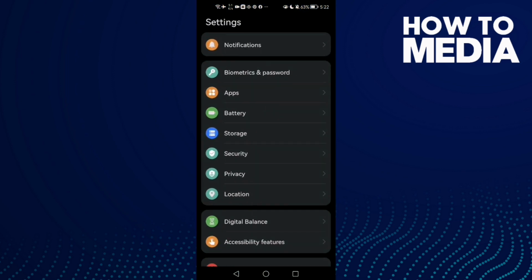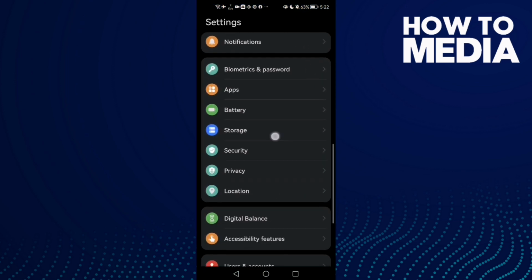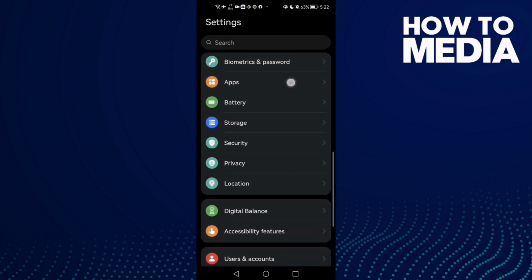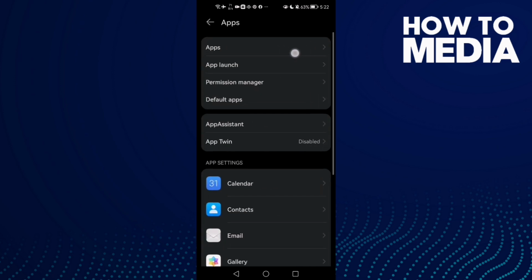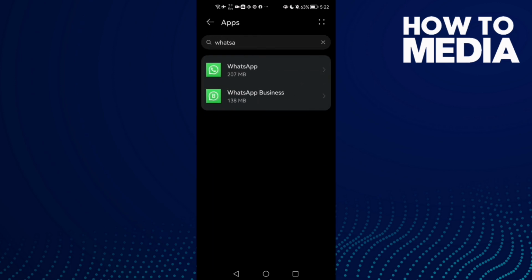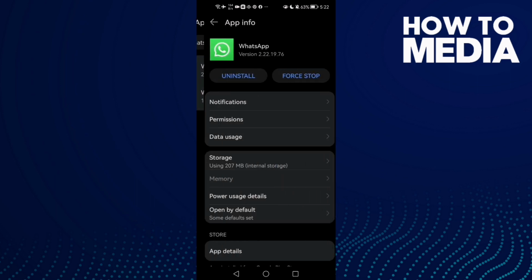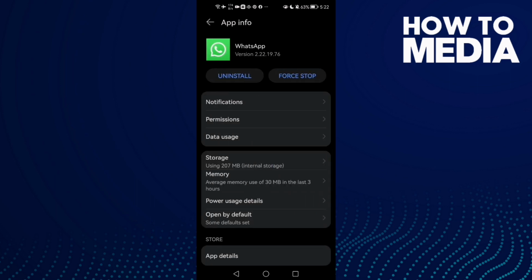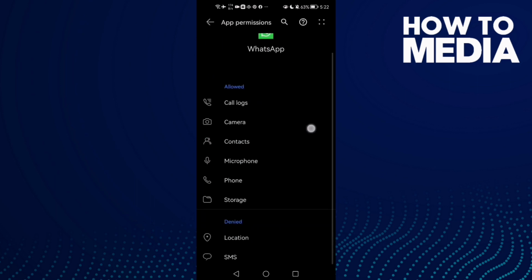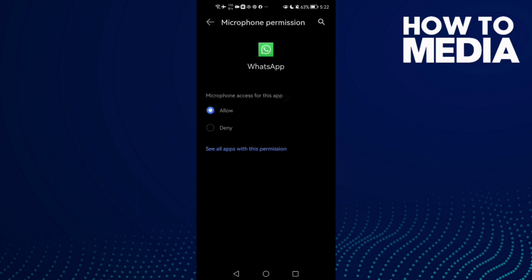First go to settings and then scroll down until you find apps and click apps again, and here click WhatsApp and here go to permissions and enable all of those here: storage, phone and microphone and camera. Just if you want to enable it, just click microphone and click allow, and phone and allow, and then allow